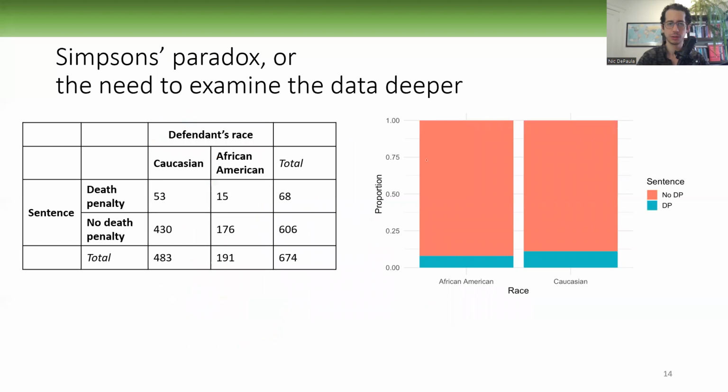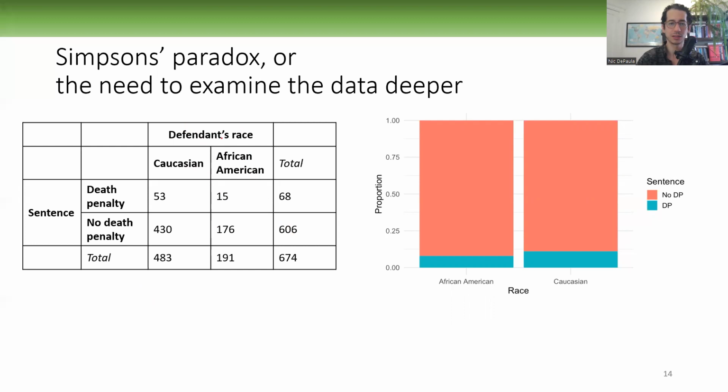Lastly, let me talk about Simpson's paradox, or the need to examine the data deeper. And there's a very interesting case here, as explained in the textbook. So we're talking about data on sentencing for two types of people, Caucasian and African Americans, and focusing first on